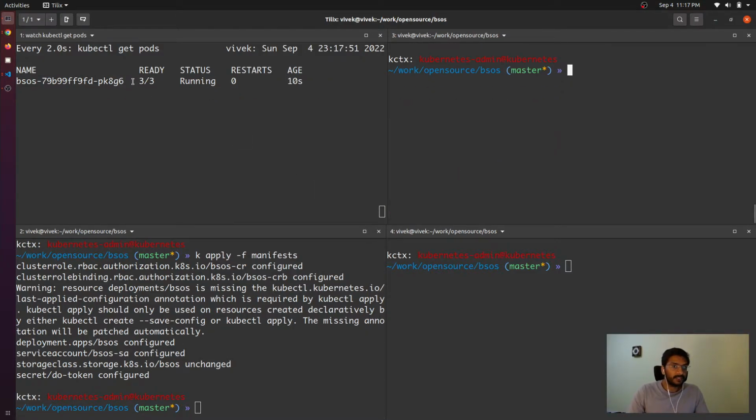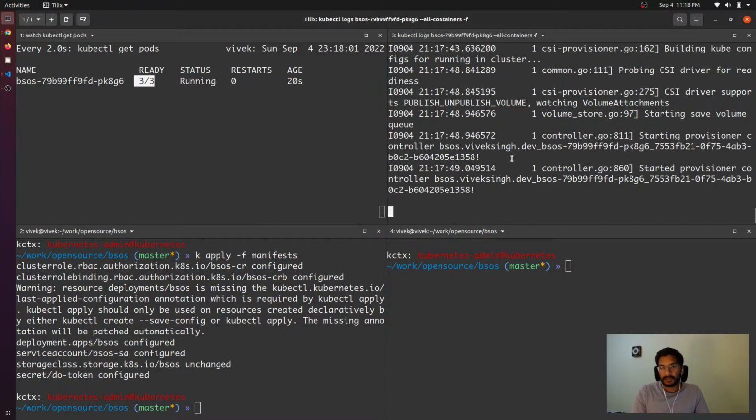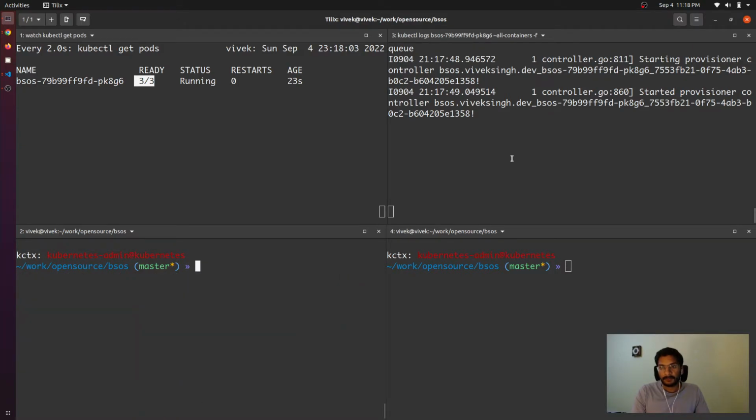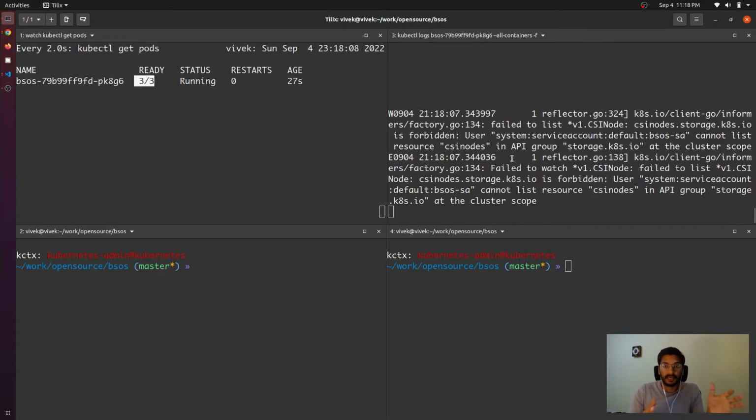So now if you see here, earlier there were two containers, but now we see three containers because now it has external attacher as well. And let's look into the logs of all the containers here, and let's go ahead and try to create the PVC and pod once again. So again, if you see here,